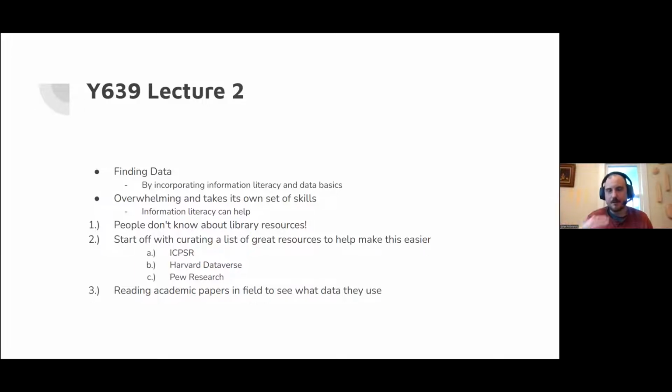I think, because when I give talks like these in classrooms, I go through my process, and I use the example of my most recent paper that I was working on. And it connects point 1 and point 3 here. I found a data set being used in an article. I looked it up and I found that we were subscribed to it through the library. That's just a good, easy way to get access to data in your field. And yeah, that's the end of this slide.